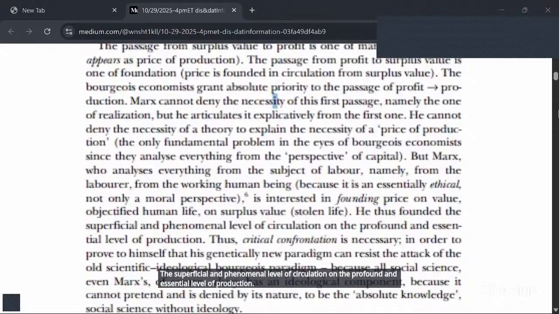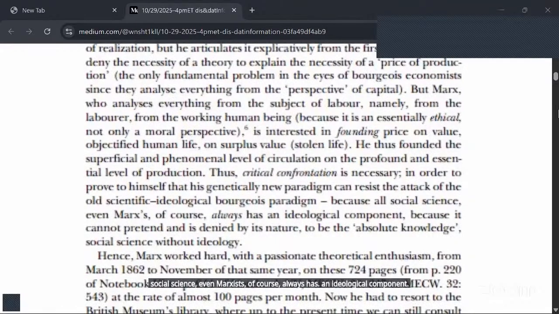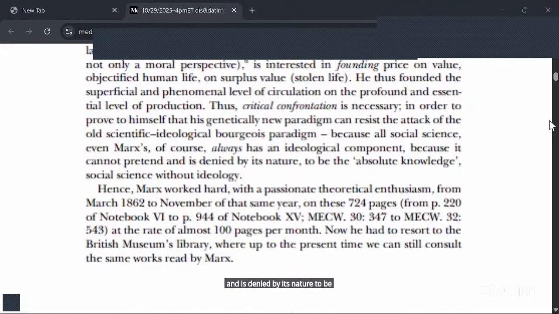Department 1. Thus, critical confrontation is necessary in order to prove to himself that his genetically new paradigm can resist the attack of the old scientific ideological bourgeois paradigm, because all social science, even Marx's, of course, always has an ideological component. Marx's position is not ideologically free in that sense. It always has an ideological component because it cannot pretend, and is denied by its nature, to be the absolute knowledge,